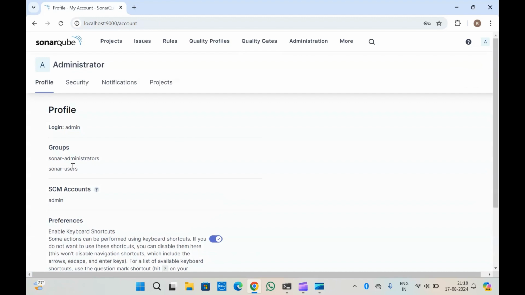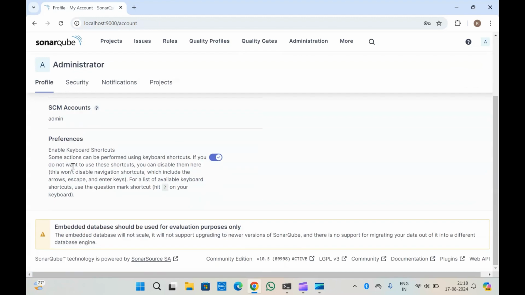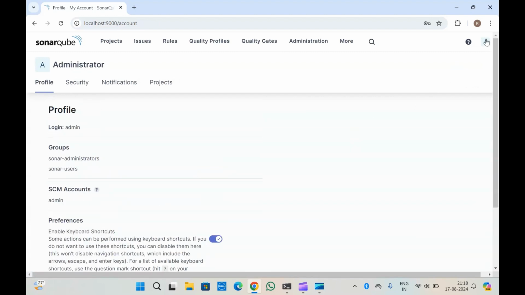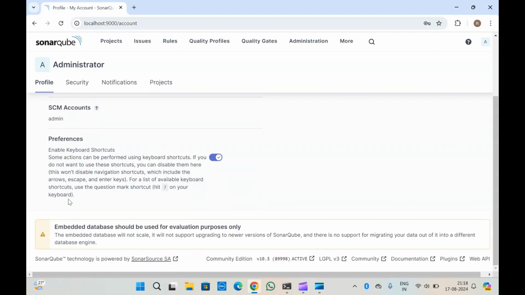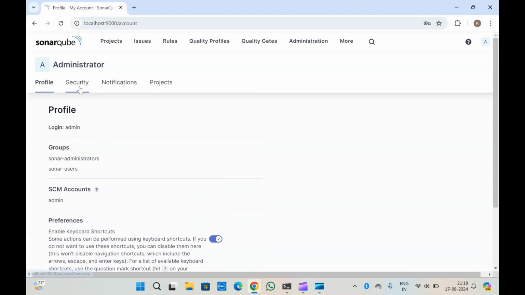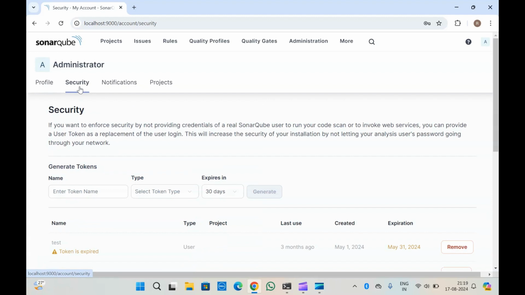The token will have the same permissions as your account, because of course that token is of your account. Here in my account, this is the login admin, and this admin is part of these two groups. If you click on Security here,